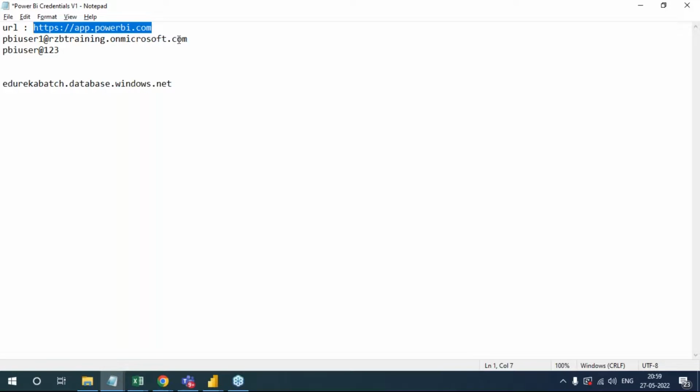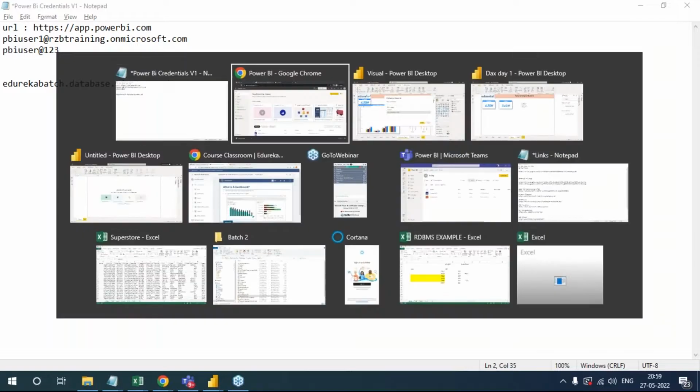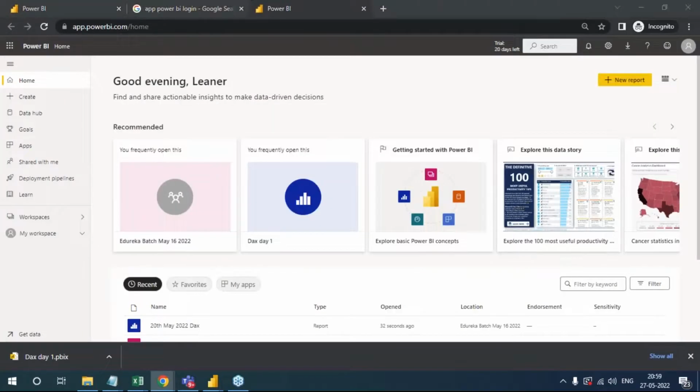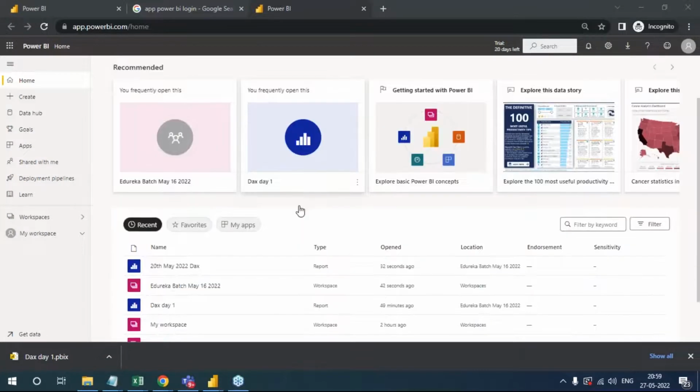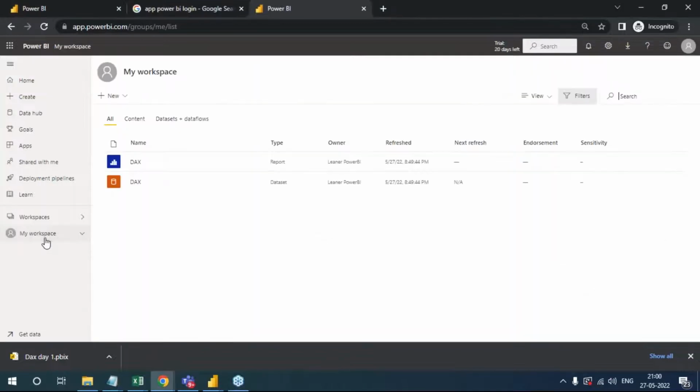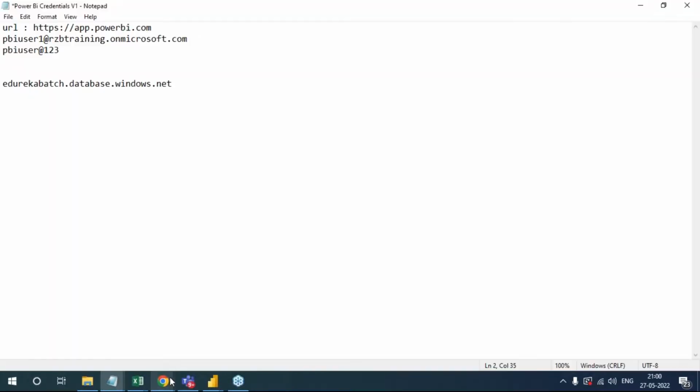Type this URL in the web page, give these credentials and password. Once you log in to this setup,